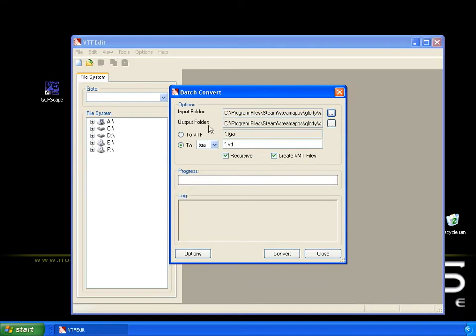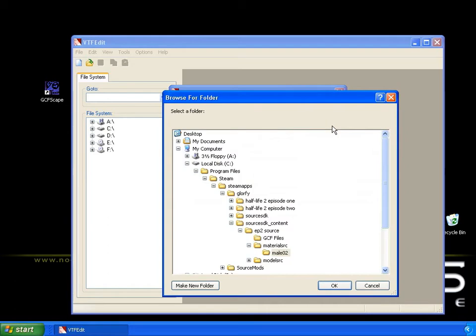And then my output folder is going to be in Mail02. So C, Program Files, Steam, Steam Apps, your username, Source SDK Content, EP2 Source, Material Source, Mail02, and then hit